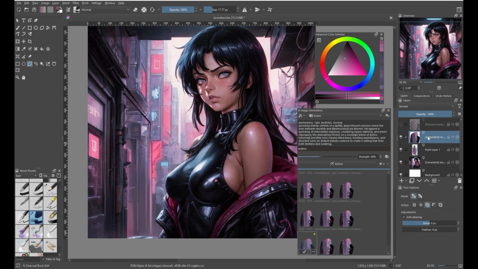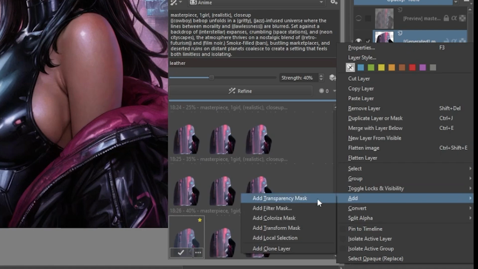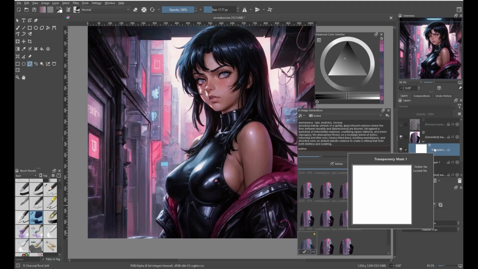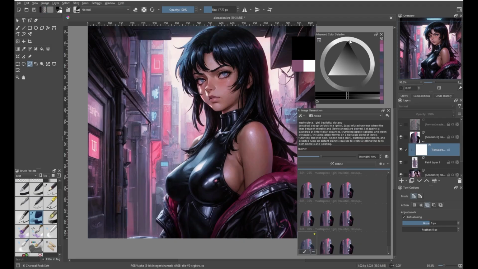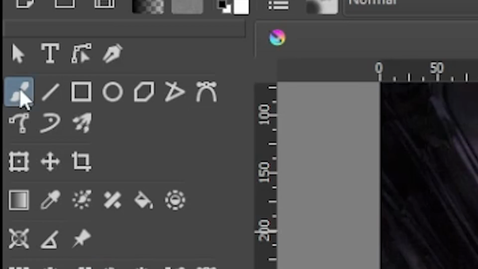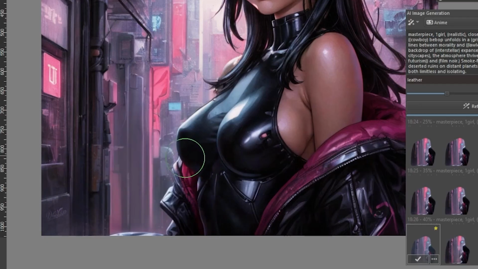If I right click on my layer here that I just created and go to add and transparency mask, it's added to this layer a new mask layer. And if I set my color to black with this layer mask selected, I can use a brush. So I'm going to use my airbrush and use my brush tool and hold down Shift and drag to change my brush size down to where I want it. And now if I paint with black,